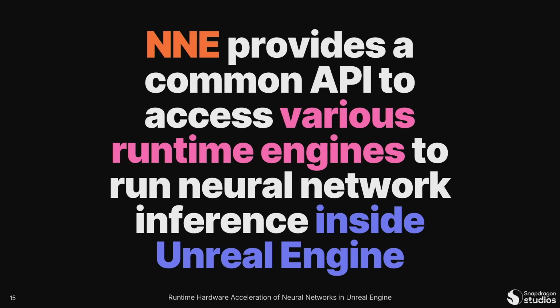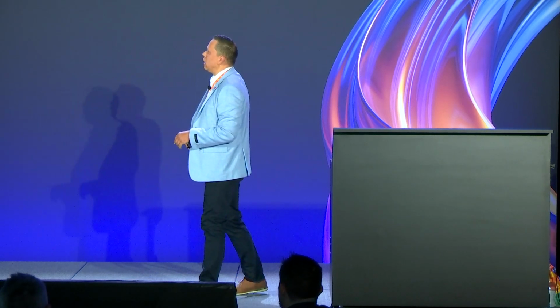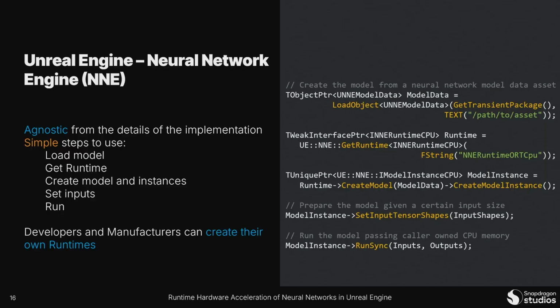So you might have an Onyx runtime, you might have DirectML, you might even have our custom platform for Qualcomm devices, but the user always uses the same set of instructions. That is very important, because that means that NNE is agnostic to the details of the implementation, which is pretty cool, and proposes five simple